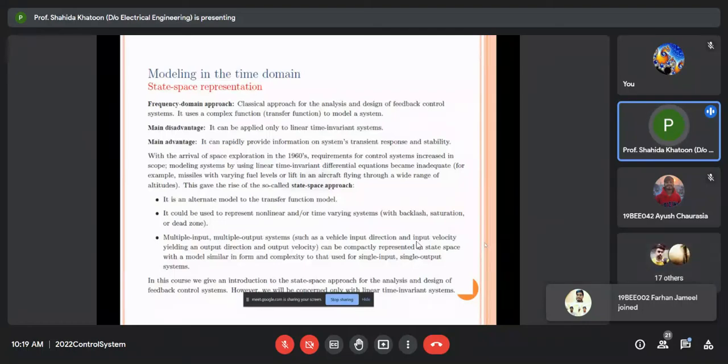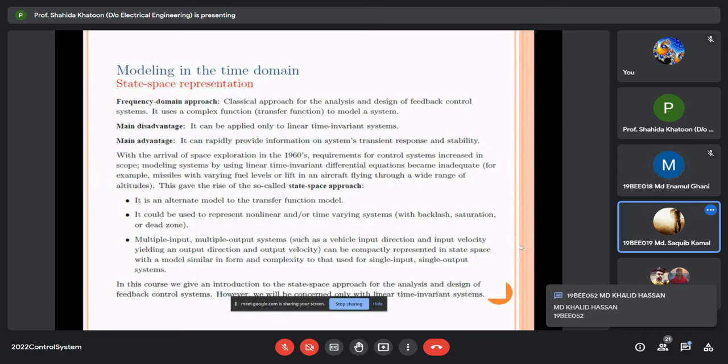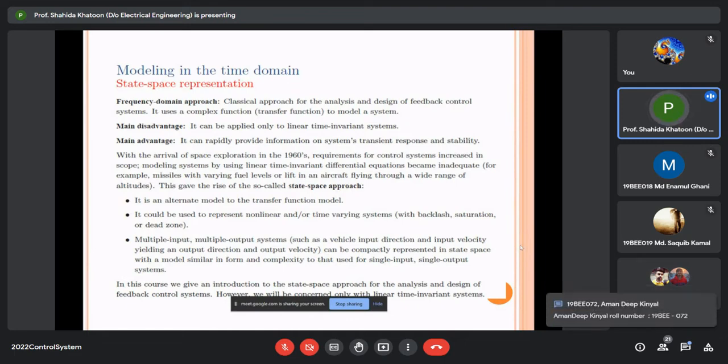Modeling in time domain is done by using state space presentation, and the main advantage is that it can... be बनाना है क्या उसको? Hmm? अभी बनाना है उसको? असाइनमेंट चलो बना लेना, मैं उसका टाइम चेंज कर दूंगी। अभी थोड़ा सा हम लोग कवर कर लेते हैं ना, थोड़ा कोर्स आपका बिहाइंड चल रहा है। तो एक्चुअली मंडे में आपका सेशनल है ना,